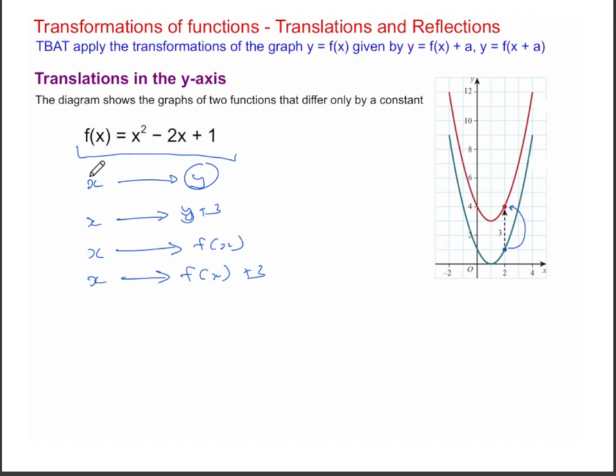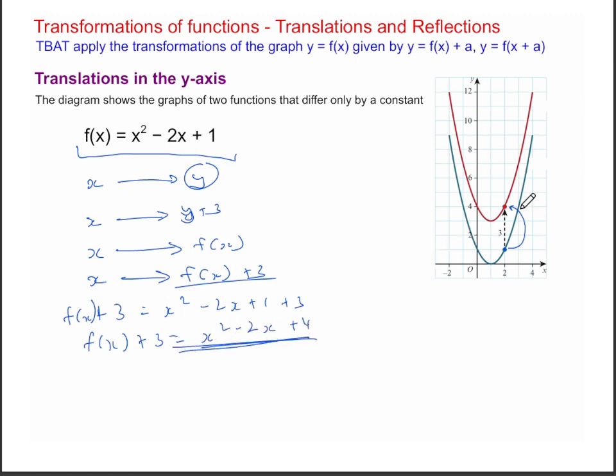And for that, we just need to make this happen. So f of x plus 3 will just become x squared minus 2x plus 1 plus 3, which will end up becoming x squared minus 2x plus 4. And that's going to be the equation of the red line, which means now f of x plus a, a general a, means a translation of f of x by the vector